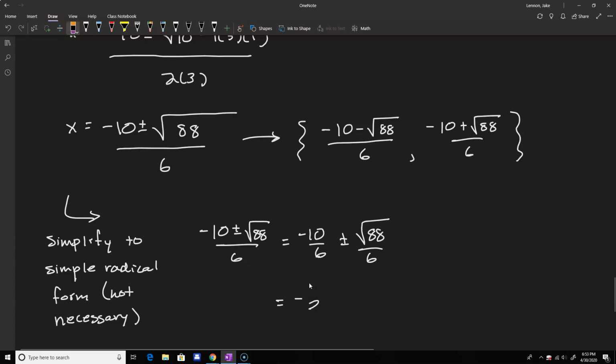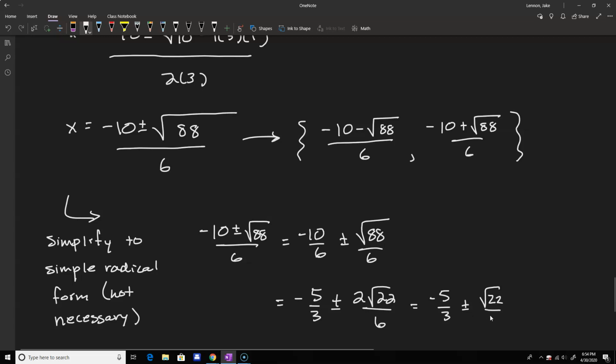Oh, sorry, I'm just wanting to rewrite that a bit, negative 5 over 3. And then the second one, the square root of 88 is 8 times 11. So there's a 4 in there, so we can write this as 2 square root 22 over 6, which will simplify to negative 5 over 3 plus or minus the square root